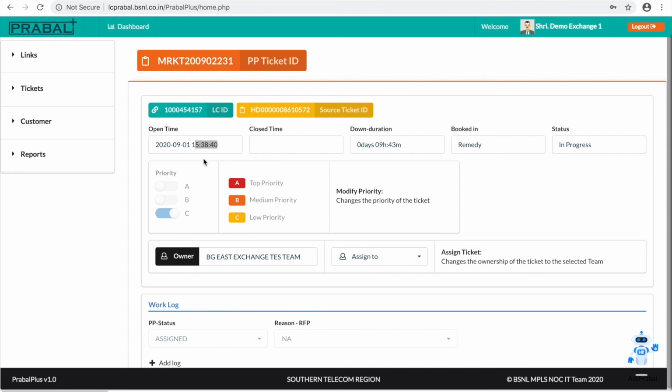Suppose the exchange user is not yet configured by the SSA admin. Then what will happen? The tickets will be assigned to the concerned SSA admin. Then he should create the user and push the ticket. Afterwards, in future, the tickets will automatically be pushed to the exchange user.